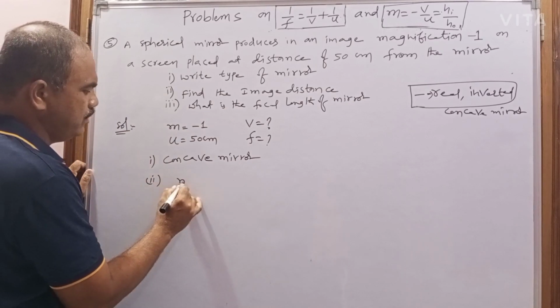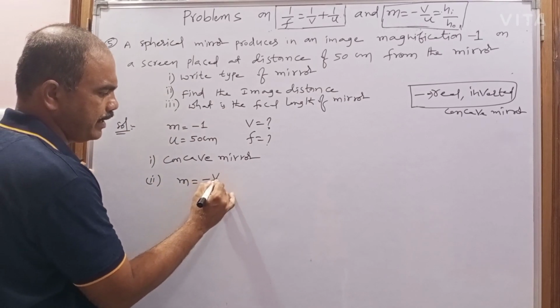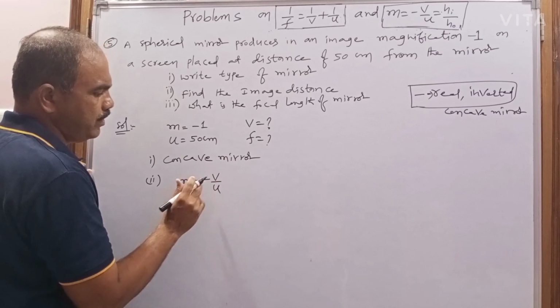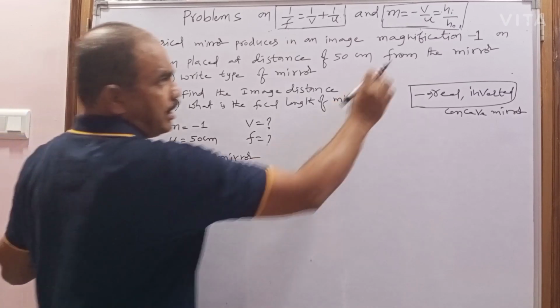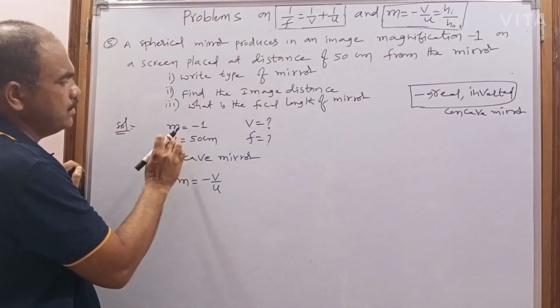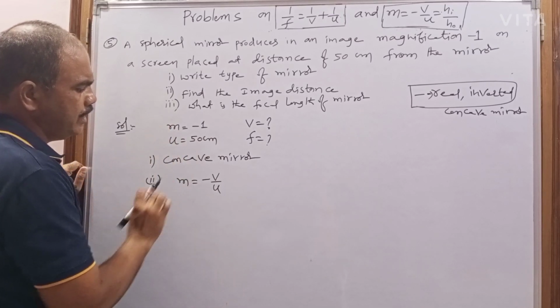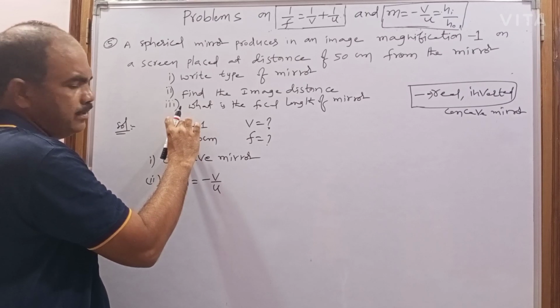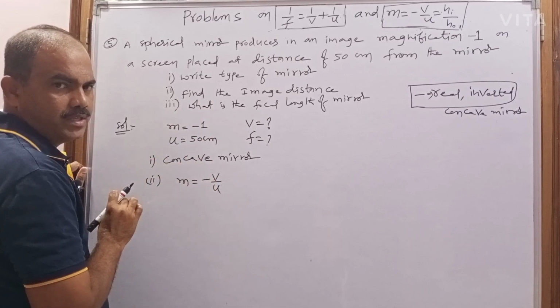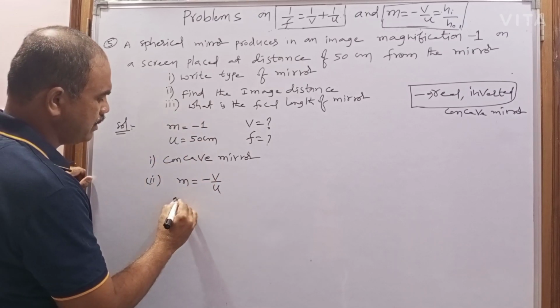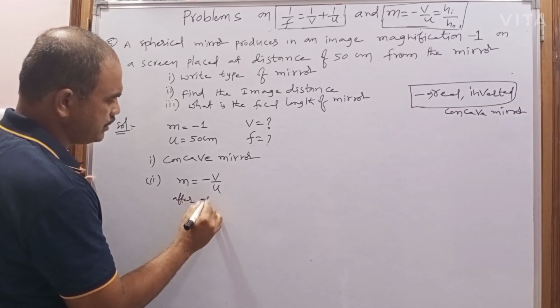M equal to, what is the magnification formula? Minus V by U. Why are you using minus V by U instead of the height of the image by the height of the object? Because you know only U here, that's why you are using it, and M. Now before substituting these values in this equation, we have to use sign convention, and after applying sign convention,